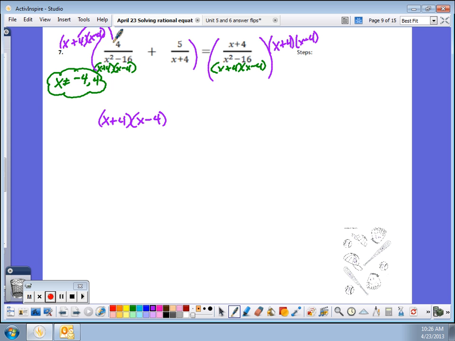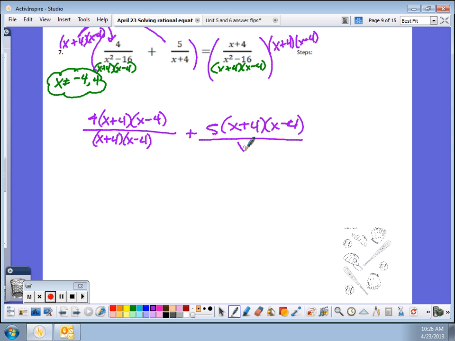We're multiplying x plus 4, x minus 4 in here. Then we're multiplying it here. And that's over x plus 4. And then we multiply it in here. Over x plus 4, x minus 4. All right. So,